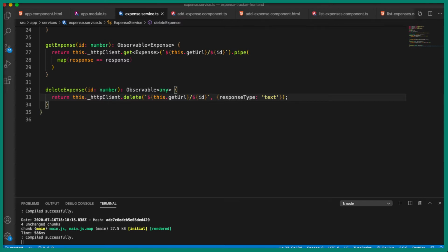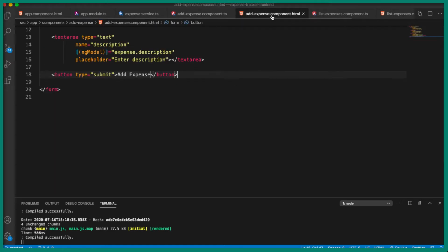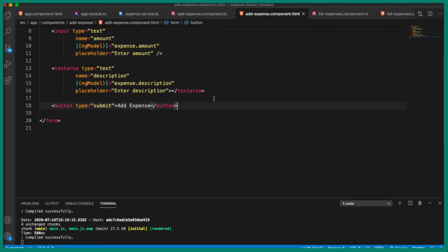Before that we need to create a button inside the add expense view template. So let's go to the add expense view template, and just below this submit button we are going to create one more button, and I'm going to add the text Delete. I want this button to be visible whenever the user is in editing mode.